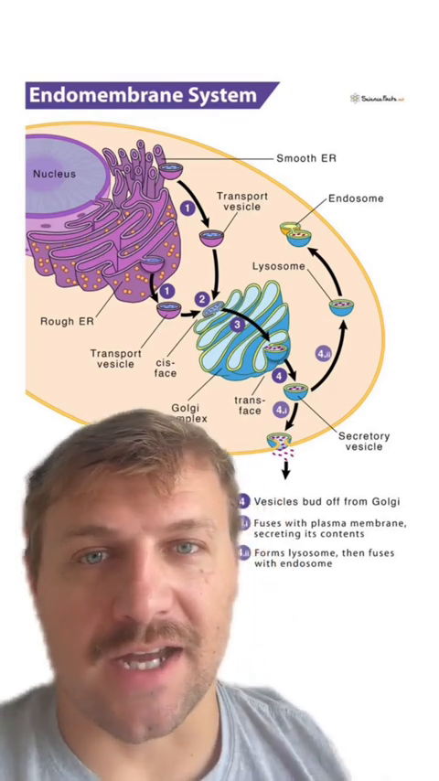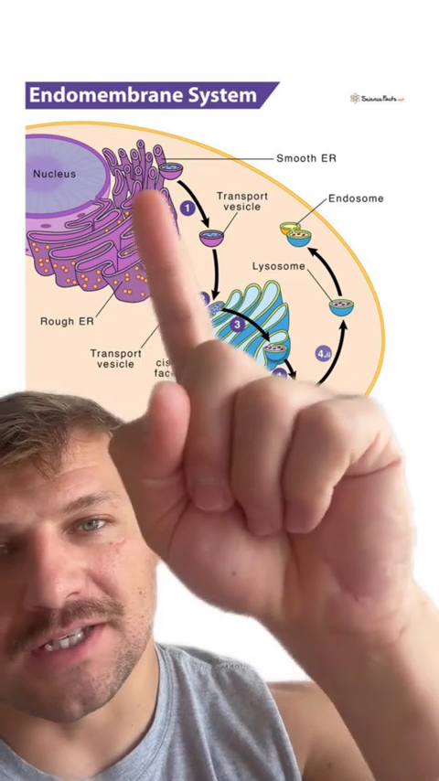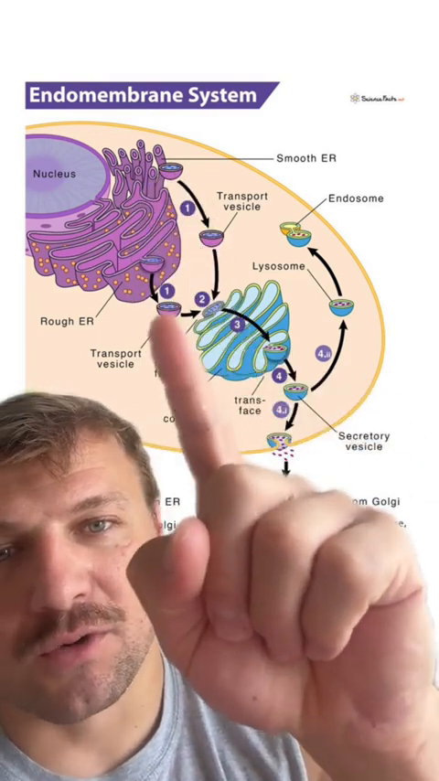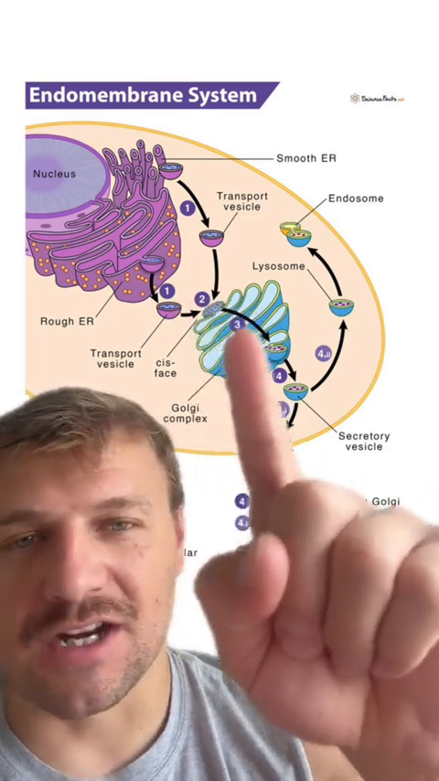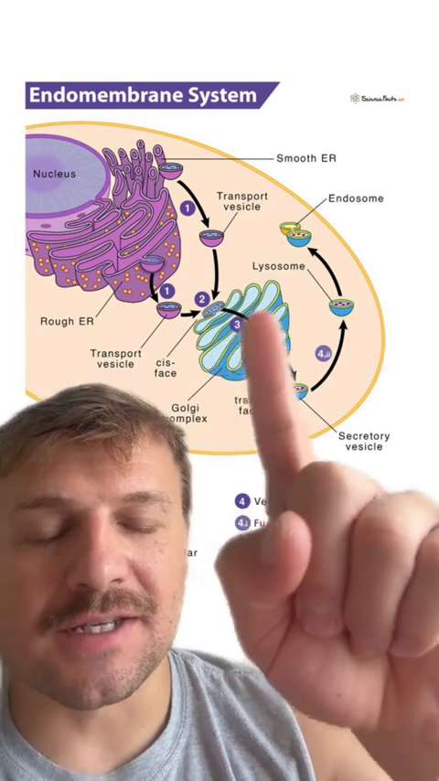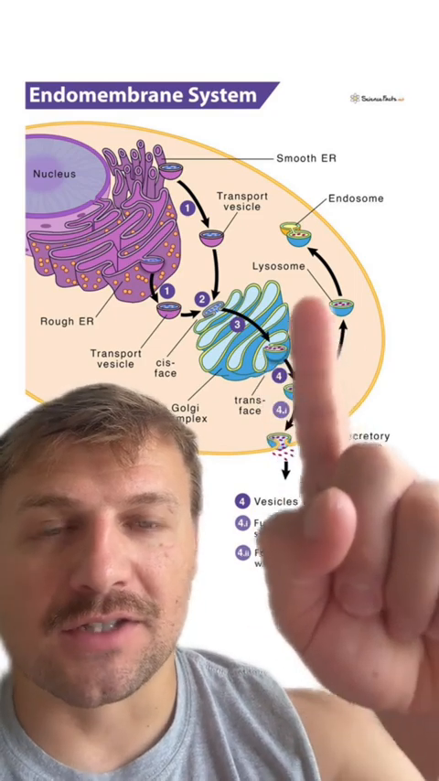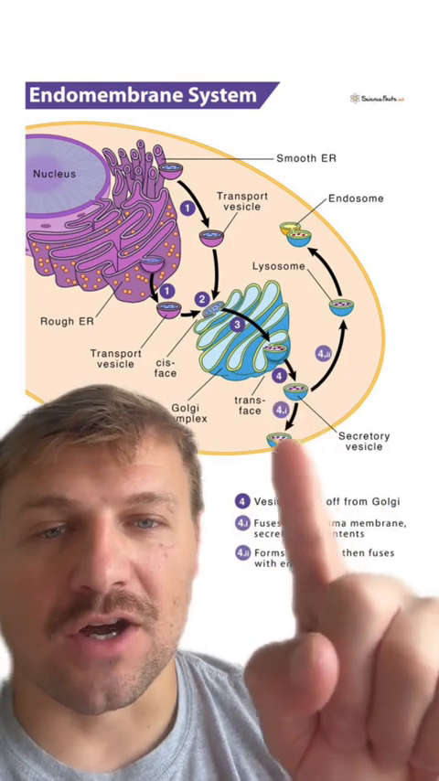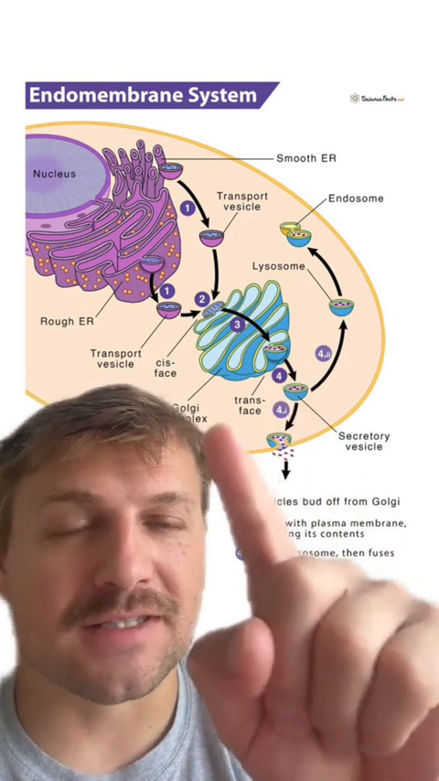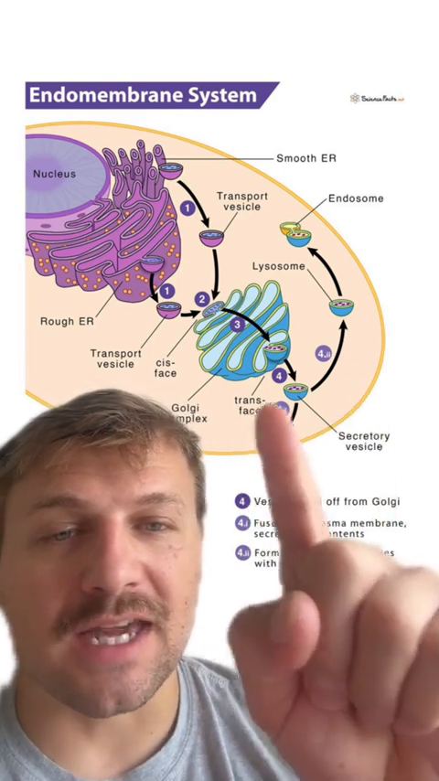Here's another great diagram to see this process, where we're going from the rough ER making proteins. They're going to be sent through these transport vesicles to the Golgi body. At the Golgi body, they're going to be packaged, they're going to be tagged for different locations, and they're going to be sent to a bunch of different locations within and outside the cell. Some are going to go to something we're going to learn later about. This is called a lysosome, and others are going to be sent to the cell membrane. Sometimes these proteins are going to stay in the cell membrane, and sometimes they're going to be exported out of